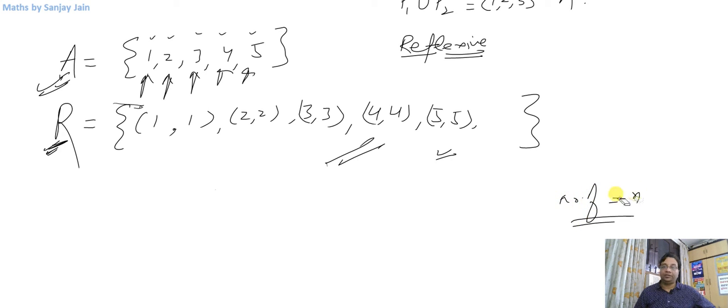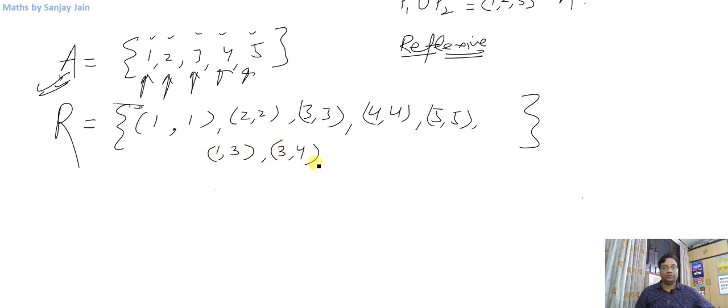See, what I meant was, to discuss equivalence class, the first thing required is that the relation should be an equivalence relation. And I have taken these 5 doublets here. I am selecting some more elements like (1,3), (3,4), (1,4), and I am also selecting (3,1), (4,3), (4,1).